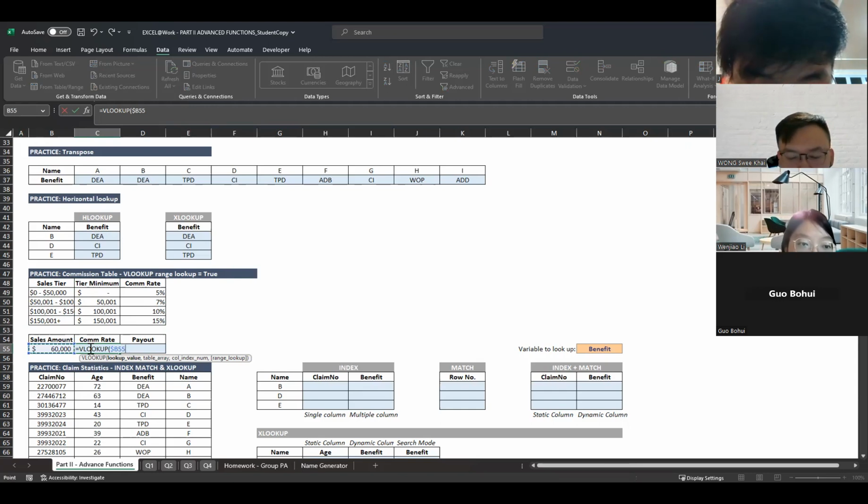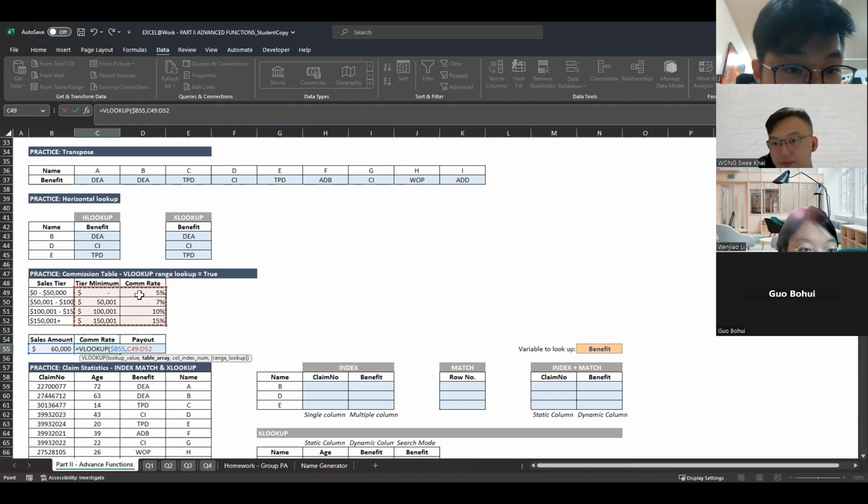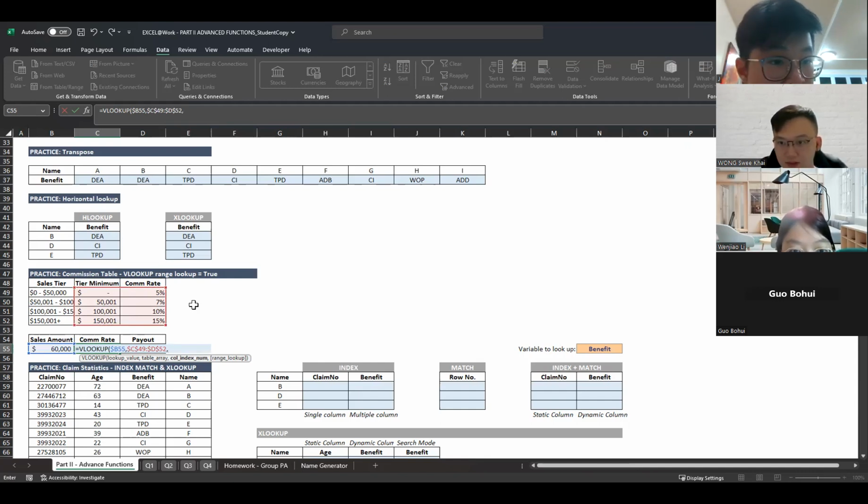Let me lock it here. And I will search this whole table here, my tier minimum and comms rate, because I'm looking for comms rate, this will be 2.